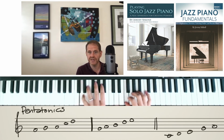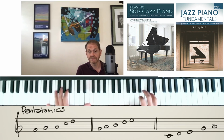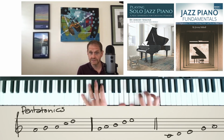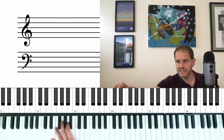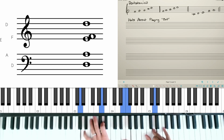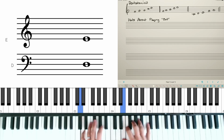Right, that's the very first one there. So let me show you what I'm doing, because it might sound like I'm just randomly playing at you. What I'm trying to do is move between these different pentatonic scales. So there's the first one based on F major or D minor. And then I'm going to move to the next one based on G major or E minor. And then I could go to the next one based on...